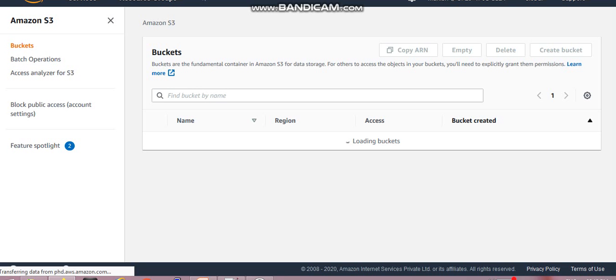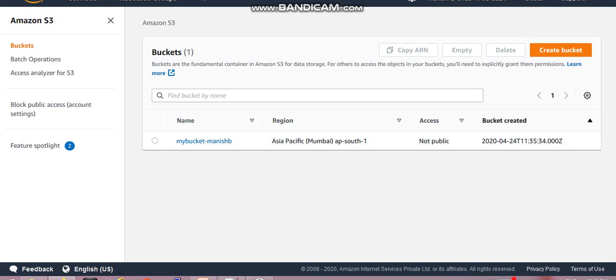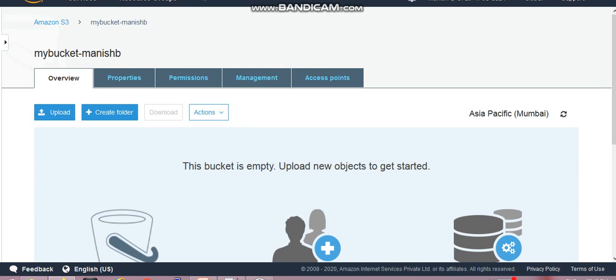Once you click on S3, you will see the S3 bucket we created earlier. Select that bucket.